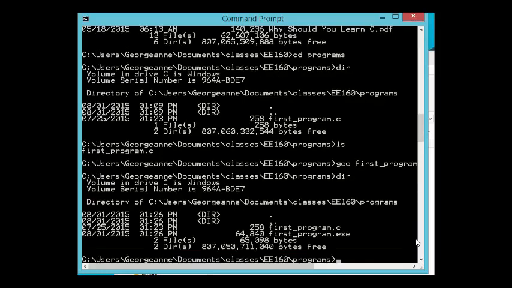So now in my directory, I see there's my source code still, the FirstProgram.c, but now I have a FirstProgram.exe. This is my executable. I showed you at the beginning of this video that in the Windows GUIs, you could double click on a .exe file and it would run. I can also run it from the command prompt, so this is how I would do it. I would just say first,